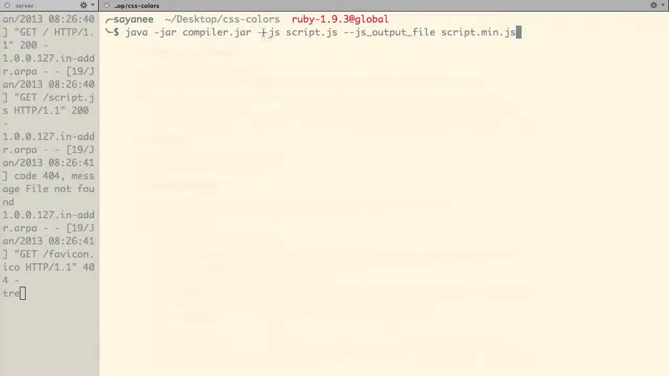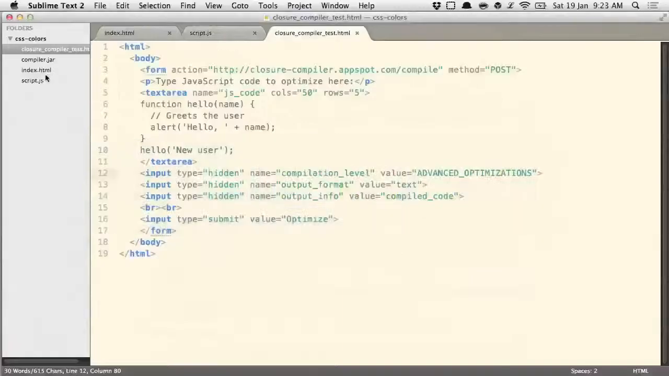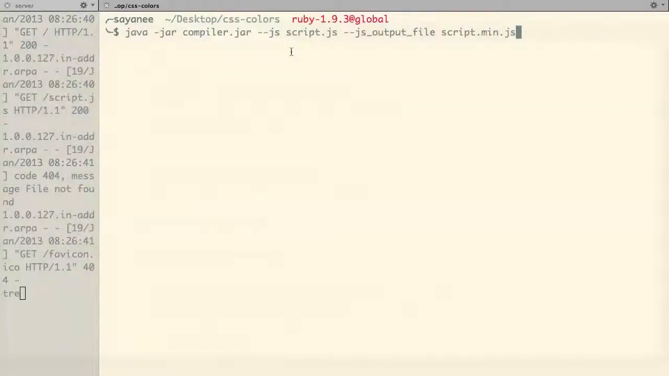The first option is --js, which means what is the input file. As you saw, our input file is script.js right over here in the same folder structure as compile.jar. Obviously, if you have it in another folder, let's say a JS folder, you have to have js/script.js. So it's all about relative reference to the folder or directory. And the next option is